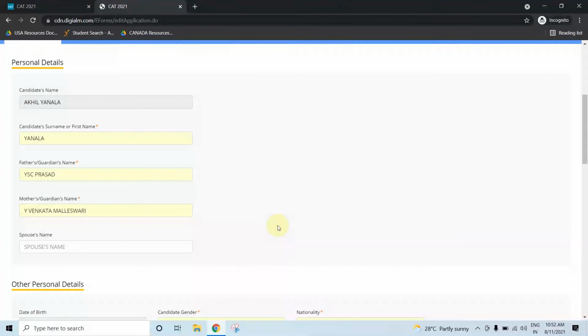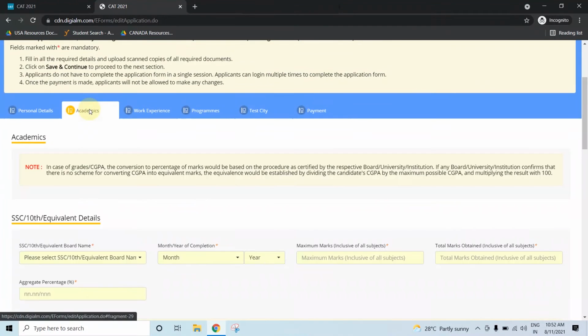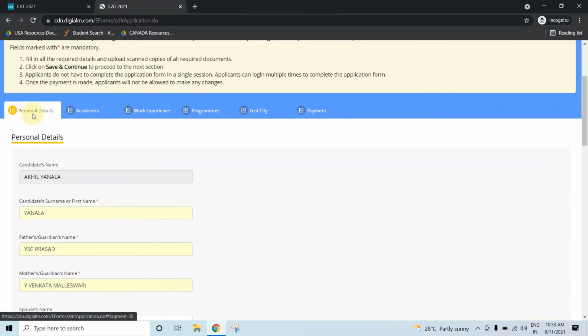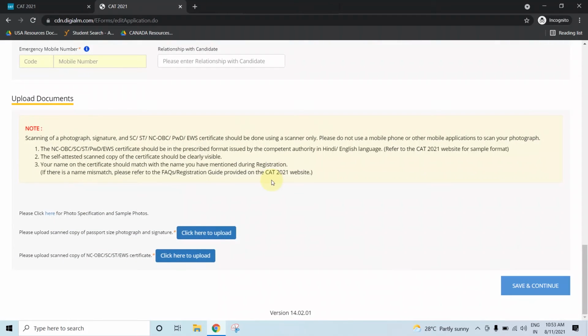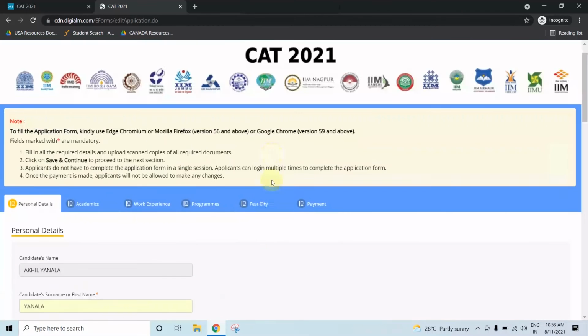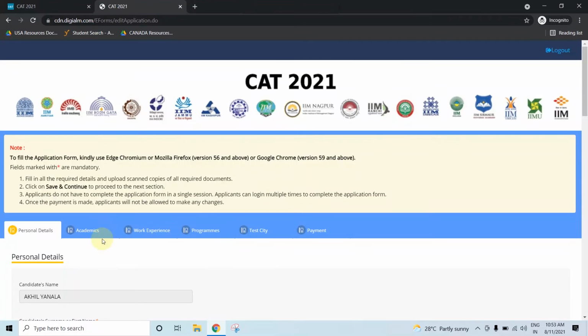Once you're done with this, you can go here. And please note that there are 6 different forms you have to fill in this, and you don't need to fill all the forms at a time. You can take your time. You can gather the information which is genuine and factual, and fill the data, so that you won't have any other issues in your application process. Take your time to fill all the details. You can fill the first form at once till here, and click on save and continue. You can continue the rest of the process on any other day.